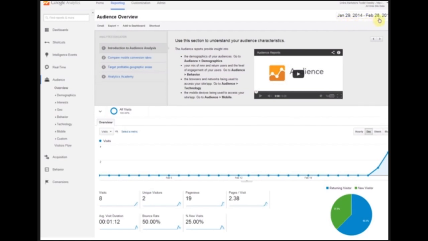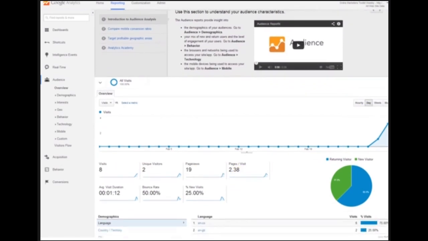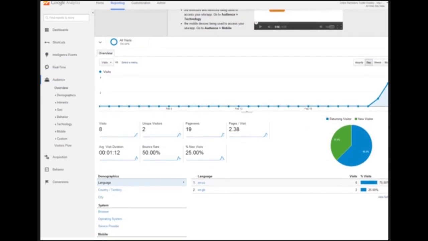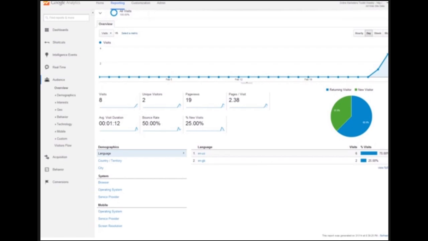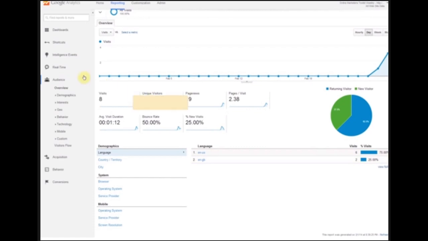And the date range here is just the end of January to the end of February, so it's just pulled up the last month, and the site's only been up a couple of days, and you can see down here that the tracking data is showing visits. Now, these are probably visits by me going to the site to check that everything's working, and going back and publishing the site and looking at some of the pages and making sure they're loading properly. So basically when you go down to here, you've got your tracking data which comes up,